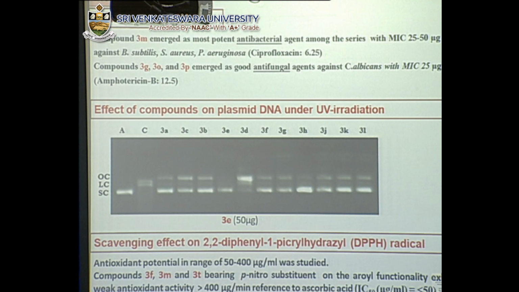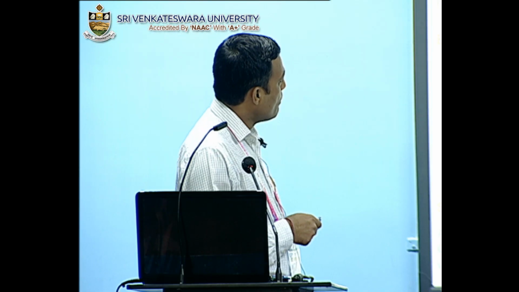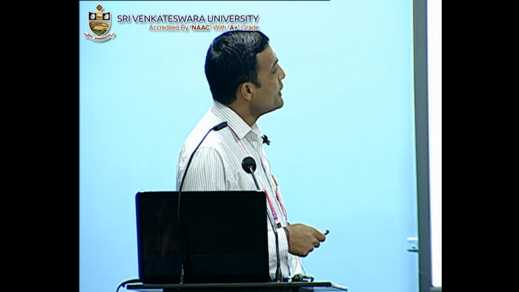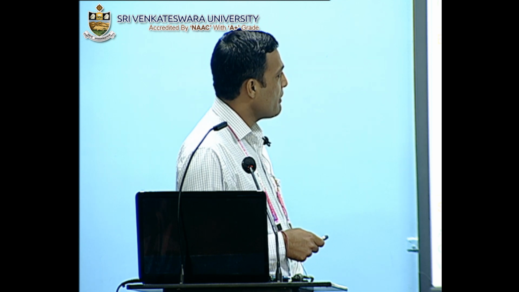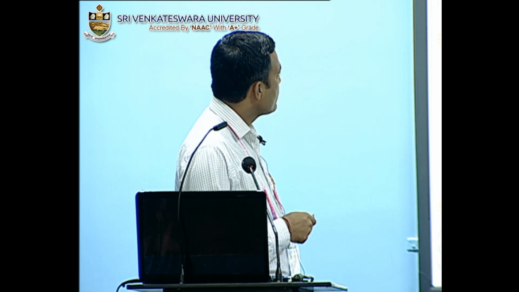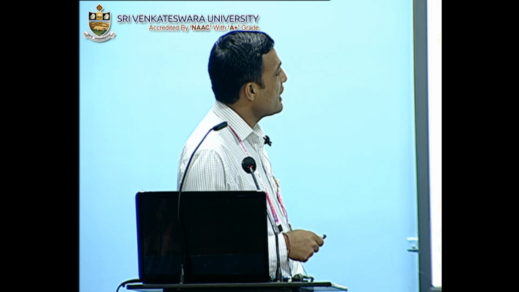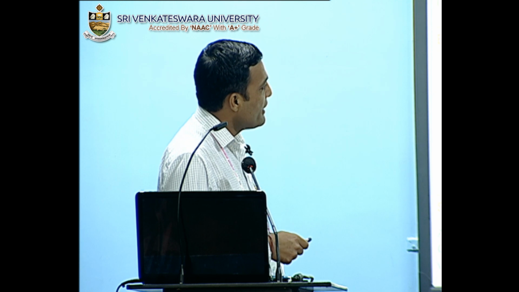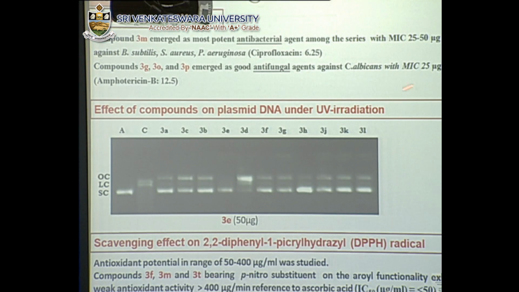And here, in the biological evaluation, the compound 3M was found to be the most potent antibacterial agent among the series, with MIC 25 to 50 microgram per microliter against these species. And the compounds 3G, 3O, 3P emerged as good antifungal agents against Candida albicans with MIC 25 microgram per 100 microliter. In case of DNA photo cleavage, only one compound is showing the DNA protecting ability here, because